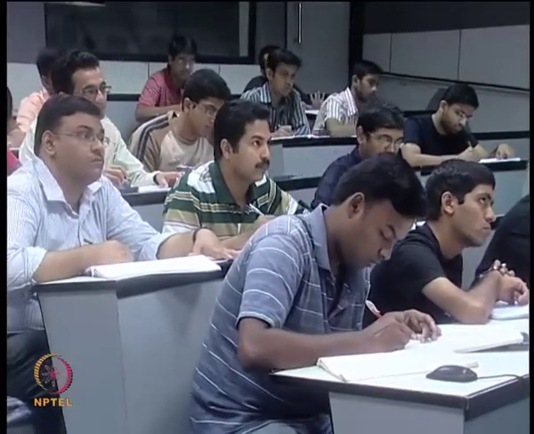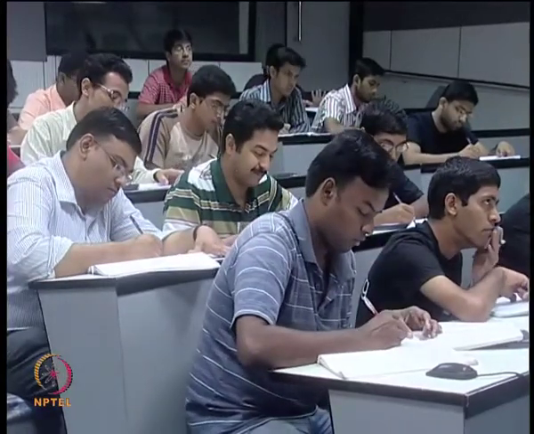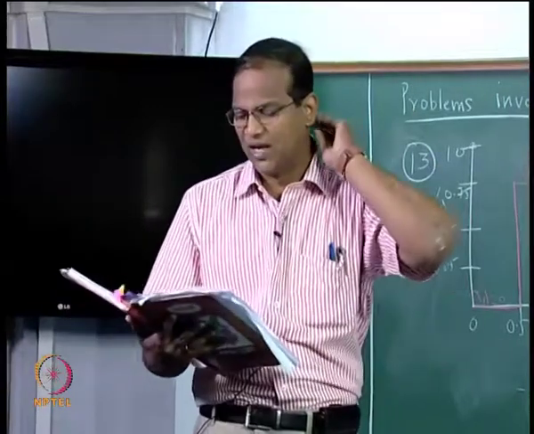In my problem I have it in Kelvin, I am simply changing. So an opaque surface 1.5 by 1.5 meter is maintained at 120 degree C and is simultaneously exposed to solar radiation,